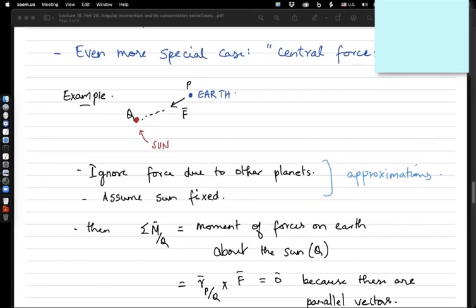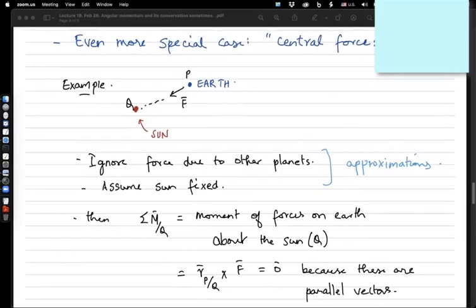Because the force passes through the point of interest. That's right. That's one way to say it, and that's perfectly correct. If you're taking moments of some force and the force passes through the point about which you're taking the moment, the force has no moment about that point. Perfect answer. Another way of saying exactly the same thing is that if you take the cross product of two vectors,